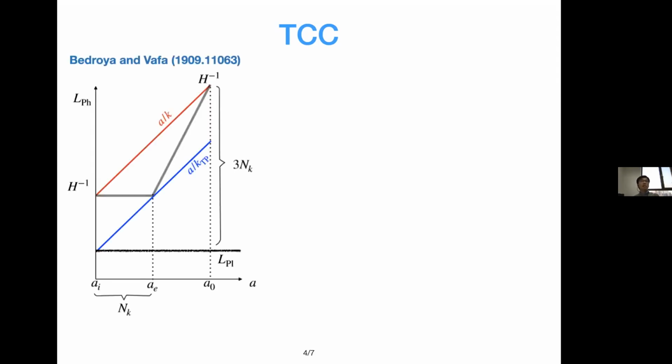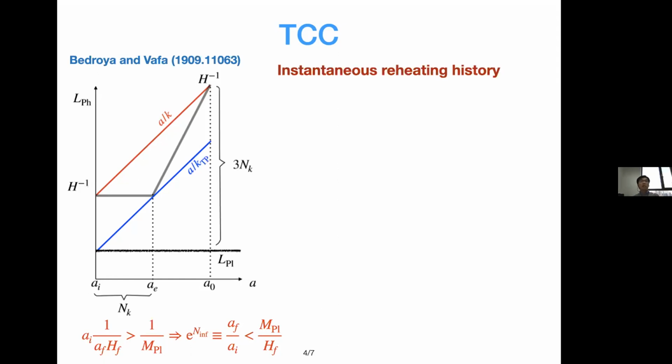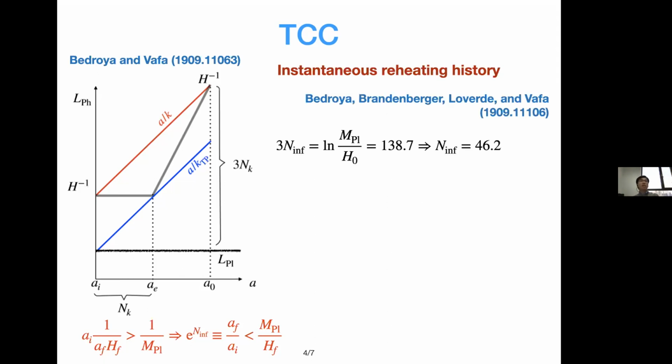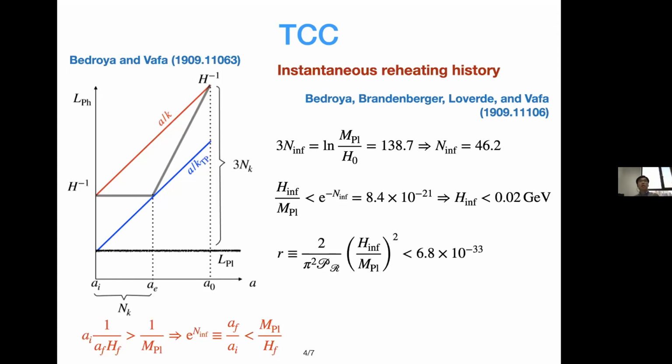The trans-Planckian censorship conjecture requires that all modes that exit the horizon by the end of inflation should have their physical length scale larger than the Planck length scale at the beginning of inflation. So we have a bound for the duration of the e-folding number of the inflation, inversely proportional to the Hubble scale. For an instantaneous reheating history, the inflationary e-folding number is 46. So the inflationary Hubble scale should be smaller than 0.02 GeV, and the tensor to scalar ratio should be smaller than 10 to the minus 33, which is extremely small,